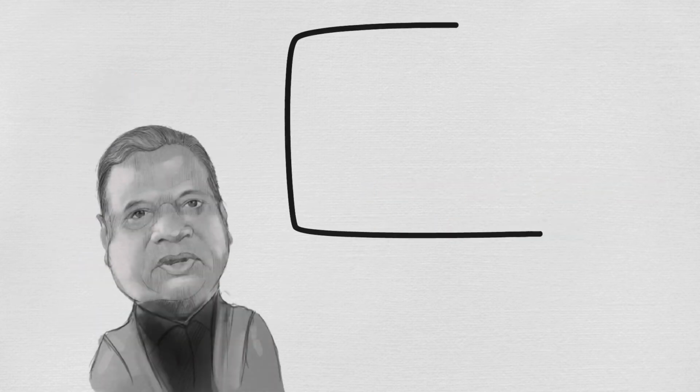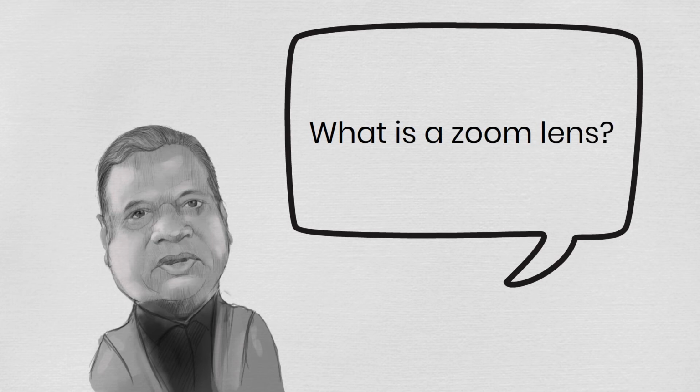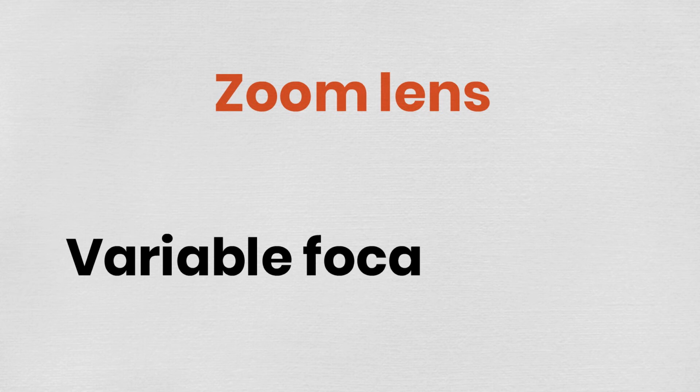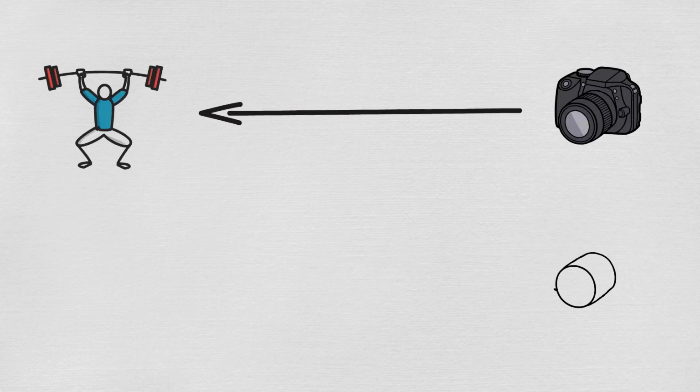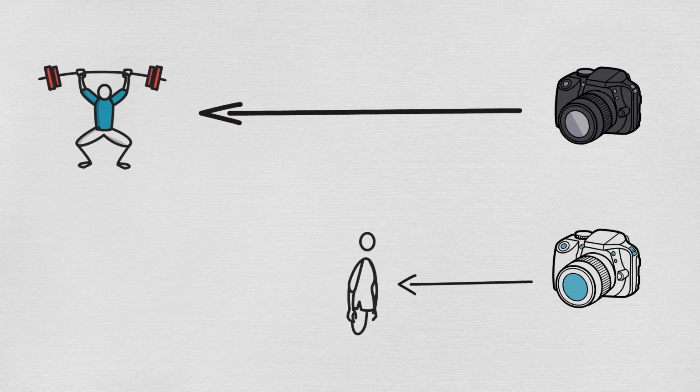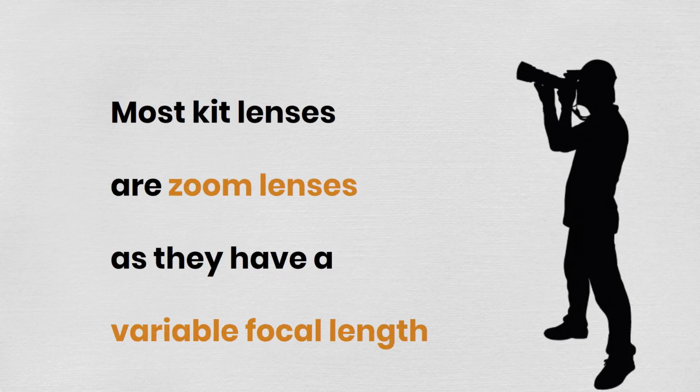Now, what is a zoom lens? Most people think that a zoom lens is taken for distant subjects. Yes, it can be used for shooting distant subjects, but the definition is that zoom lenses are lenses which have a variable focal length. It all depends upon the variable focal length of the zoom, whether you want to take distant subjects or close-ups. For example, most of your kit lenses could be 18 to 55 or 18 to 105, these are all zoom lenses. You call it a kit lens, but it is a zoom lens. Okay, it has a variable focal length.